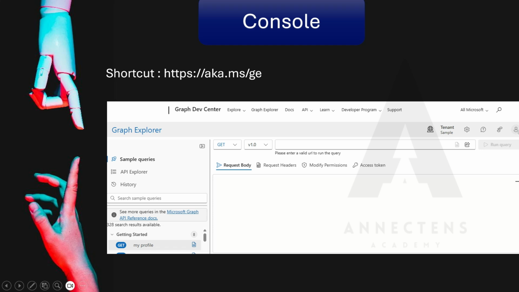aka.ms/ge. This is the shortcut through which you can access this console, and then you can connect to Graph API after giving the required authentication and authorization. Once you are signed in, Graph Explorer will obtain all the information, and then an access token will be available. Using that, you can make a request. Authentication, as I talked about earlier as well,